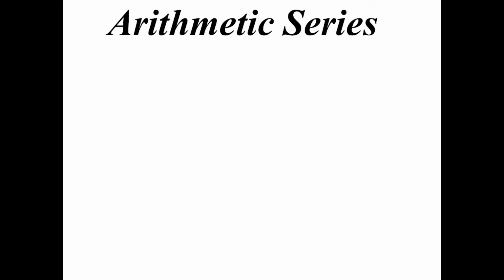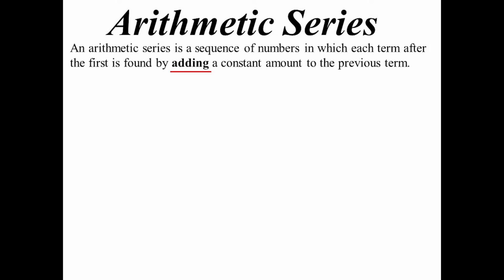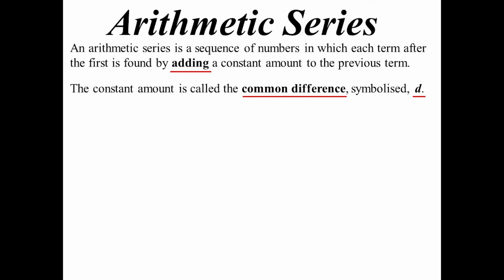We'll look at arithmetic today. So what is an arithmetic sequence? This is one where we're adding a constant amount to every term. And we creatively call that constant the common difference, symbolised with d for difference. So if I wanted to work out the common difference, I could pick two terms: the second term subtract the first term, or the third term subtract the second term. In fact, I could get any term I like, subtract the one before it, and it should be the common